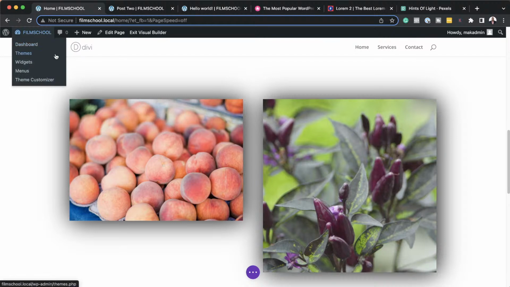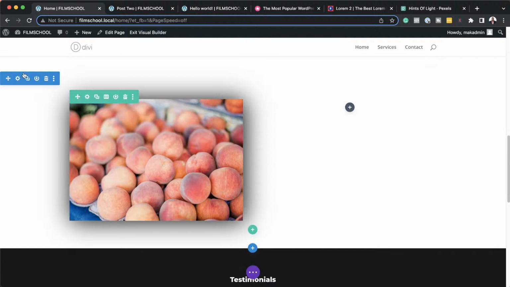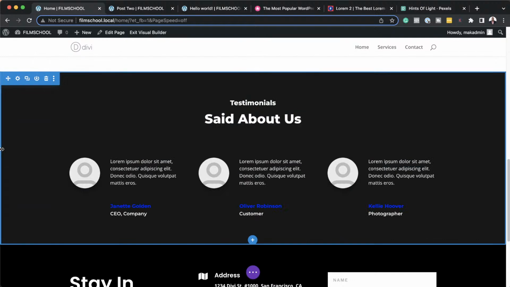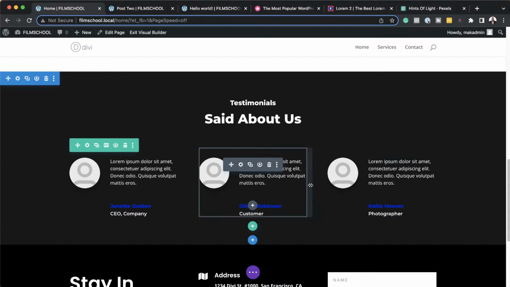So that's one way you can do it, or you can save this as the default preset, which means every image that you're going to add is going to have that drop shadow. Okay, so that is how we do that, and that's the answer to develop websites. Okay, so